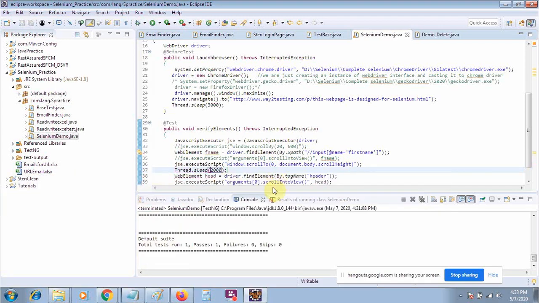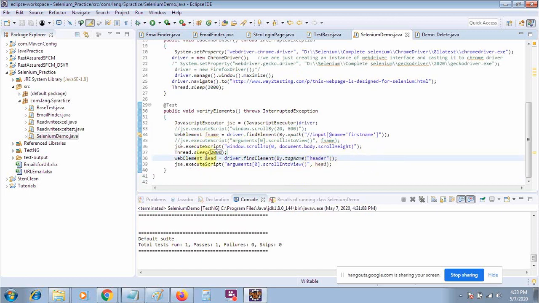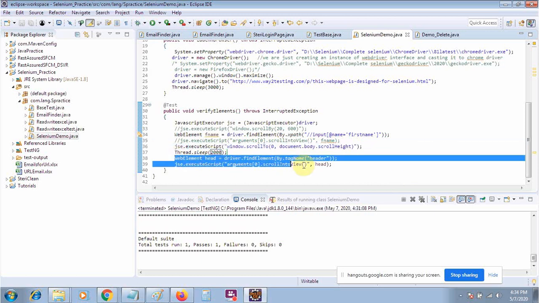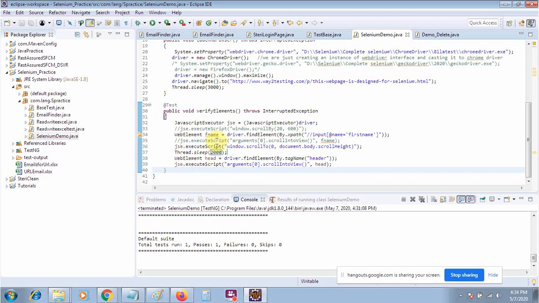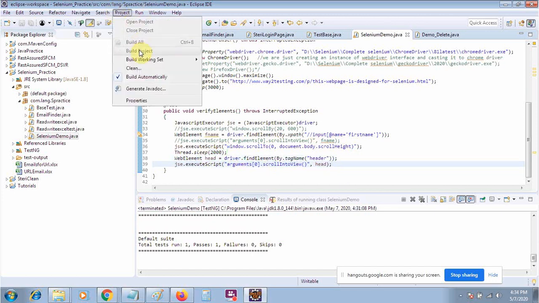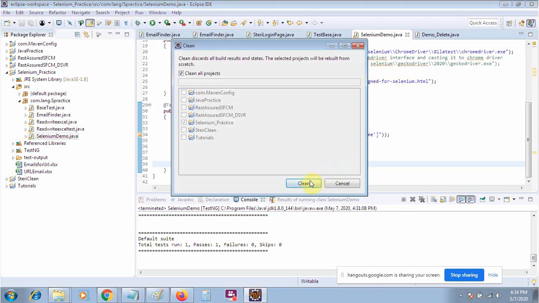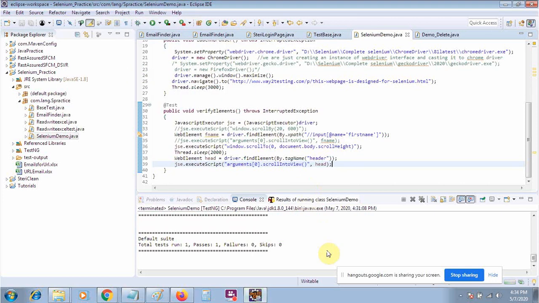It is a very important interview question, because everybody knows how we can scroll up to the bottom of the web page by this line, but how we will scroll from bottom to the top of the web page. So this will be a small concept. Here we will again use the same concept that we have used, that is scroll up to a web element. But what the web element will be this time, it will be the header of your HTML page. Every HTML page will have a header. So let me clear this one, so that after the start we can do.